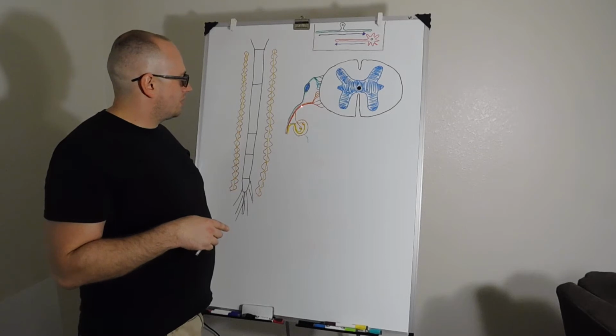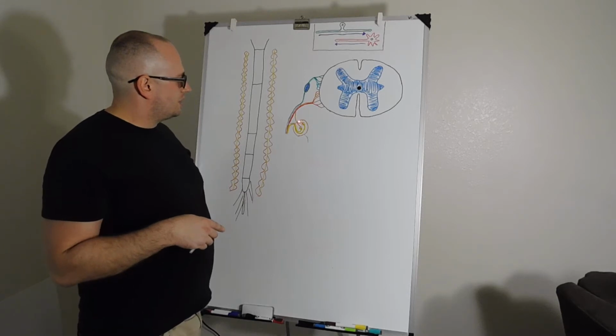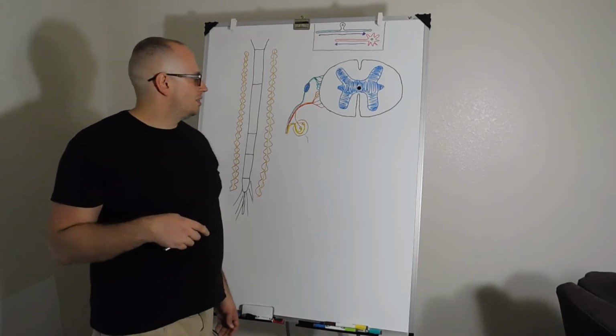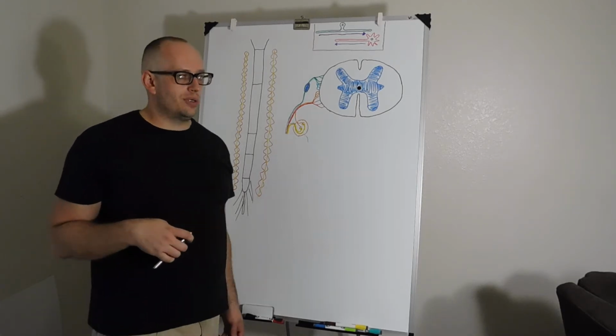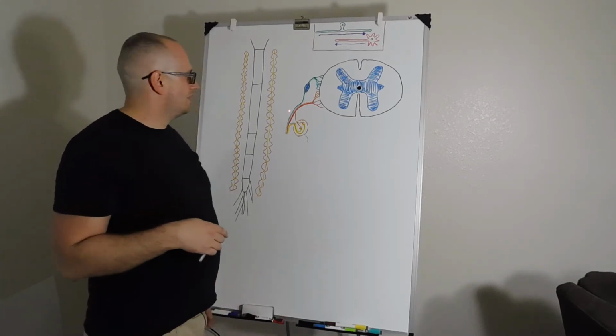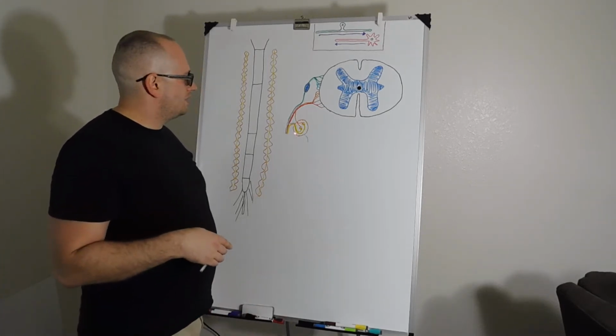It goes through this axon here and then goes into the sympathetic ganglion. This part right here is the white ramus communicans, or plural, the rami. The gray rami communicantes goes in to the